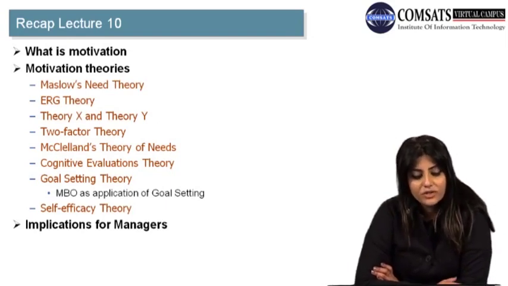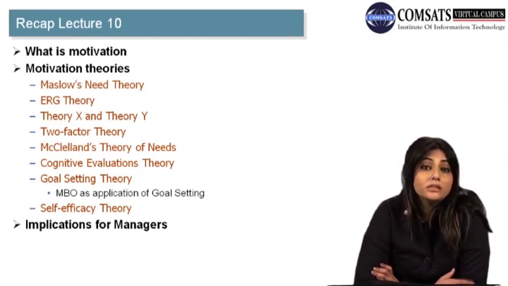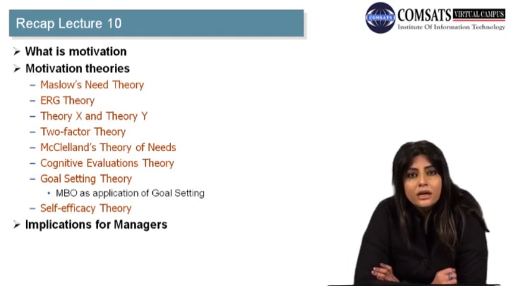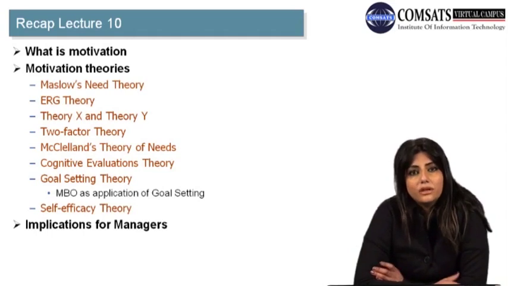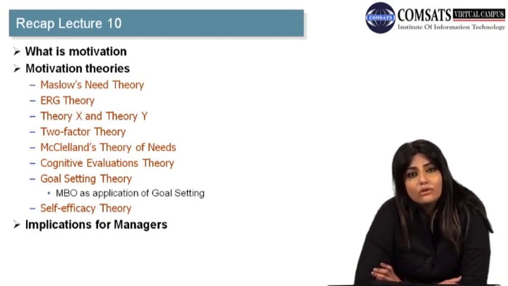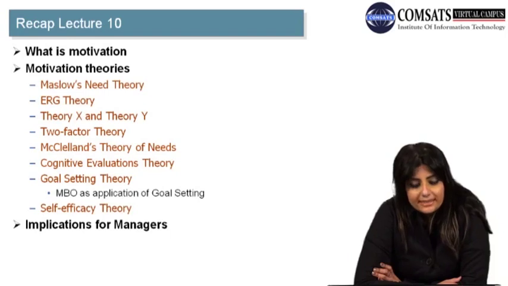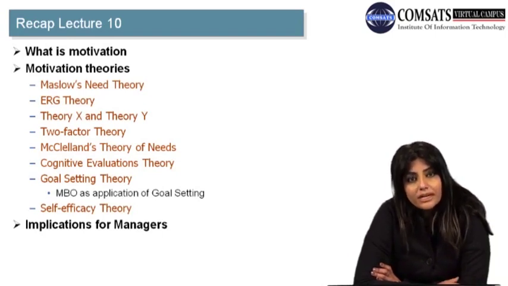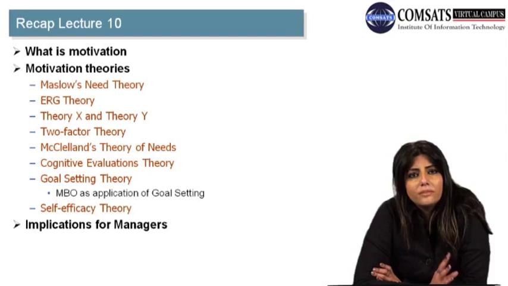Then the next theory was McClelland's theory of needs. As we discussed, this theory has certain strengths, but again it is limited in empirical testing. Therefore its validity is not well generalized or well established. But the major contribution of this theory was that it divided the needs of the individuals into need for achievement, need for power,